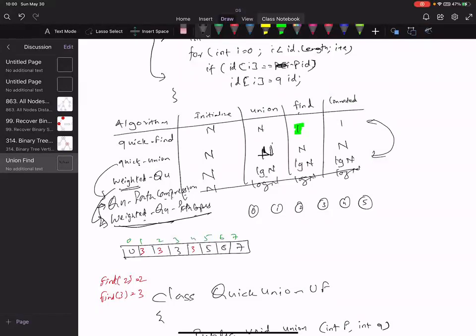Yes, but unless I do weighted, I can't say that it is always order of 1. At some point it will be log n, and once I go through that path, over time it will be O of n for that path. But then there is always another path where it will be log n again. Yeah, got it. What you mean. Yeah.